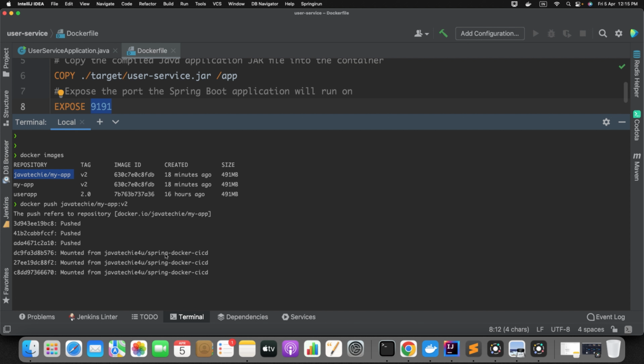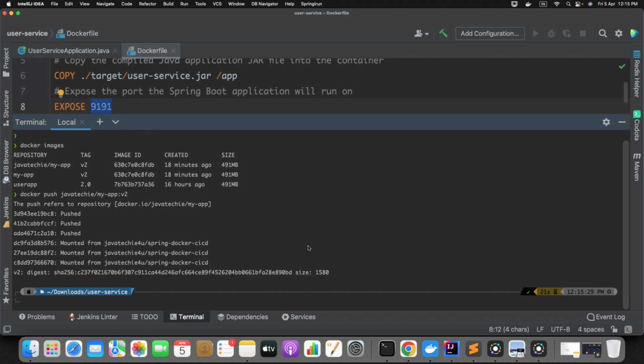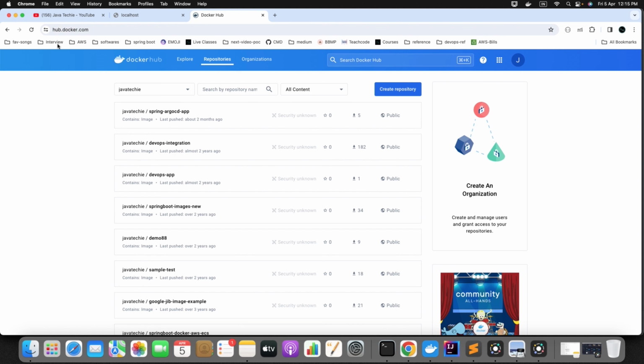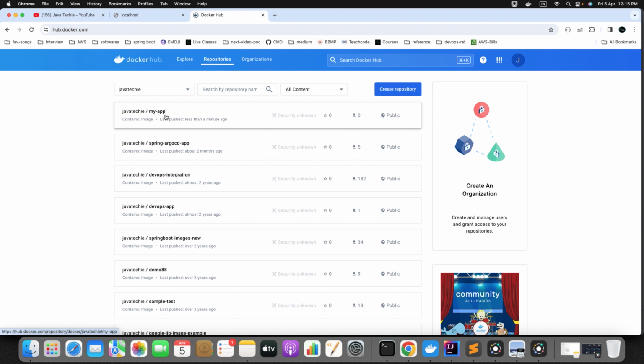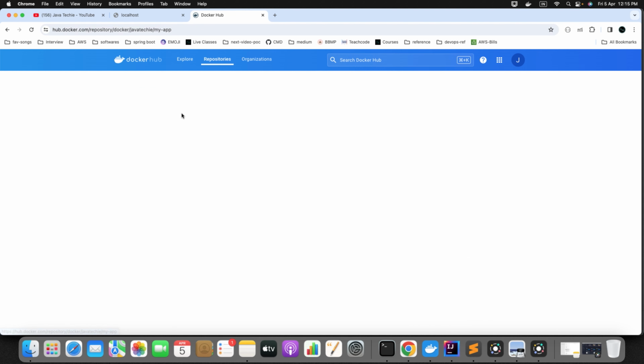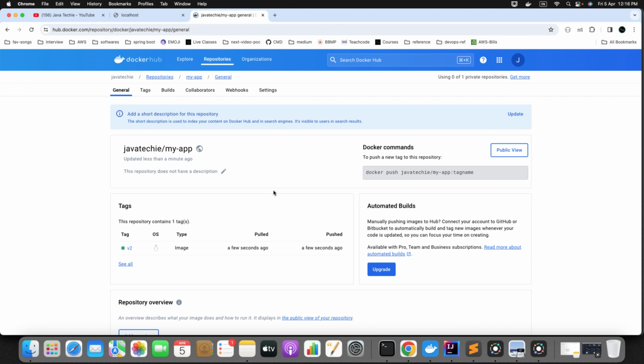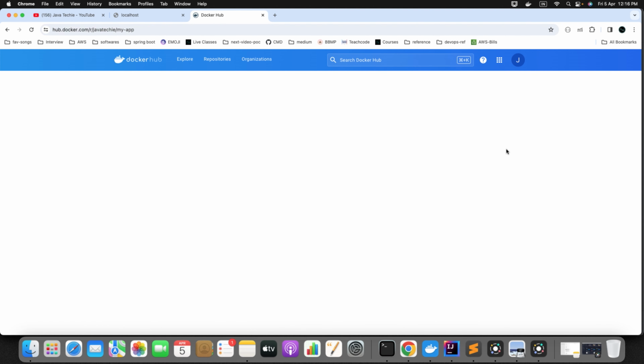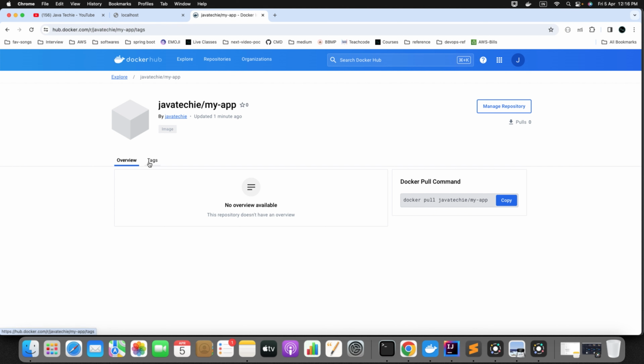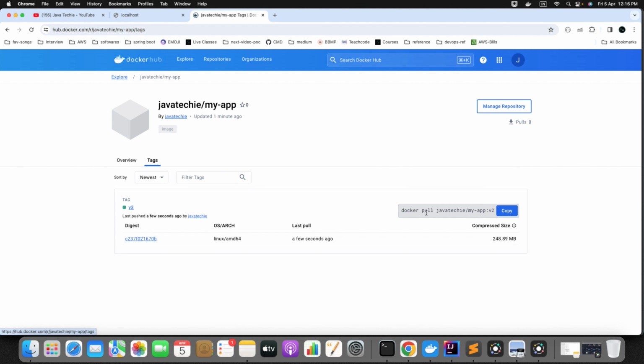It will take a couple of seconds to push the images to the hub. I have done some examples before, so it is using their configuration. So you can see the statement here, right? It pushes the images. To validate that, go to the Docker Hub and refresh this, and you can see these images last pushed less than a minute ago. Now if you open this, I have the single tag called v2. Now if I open the public view, this is completely public,